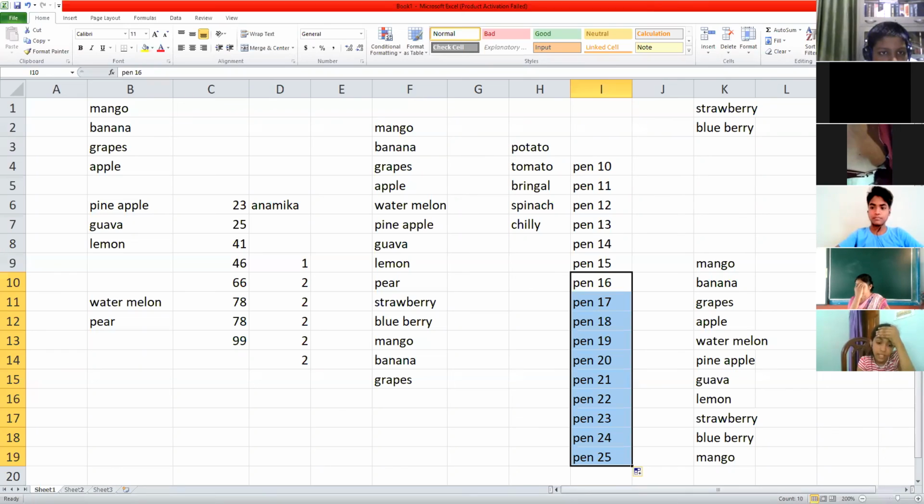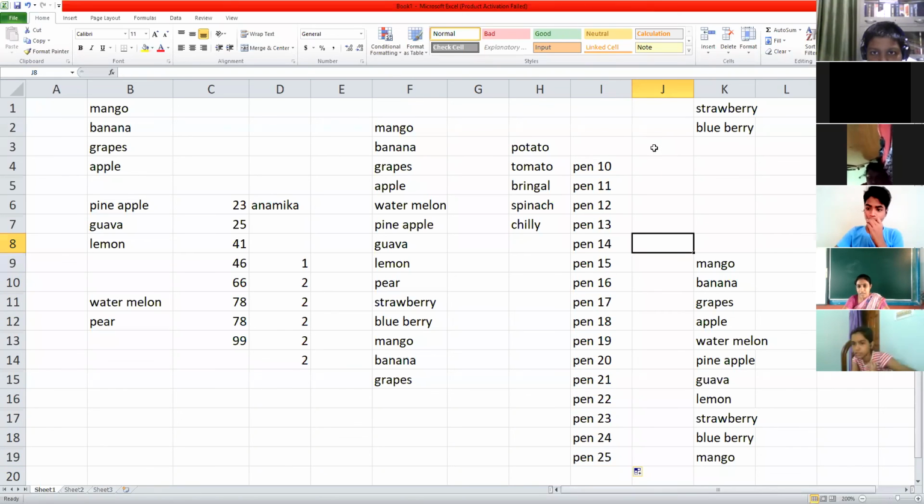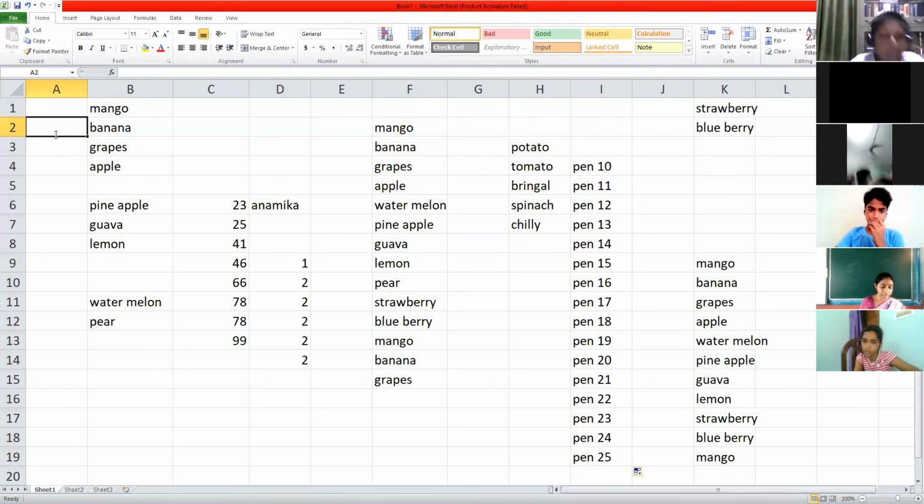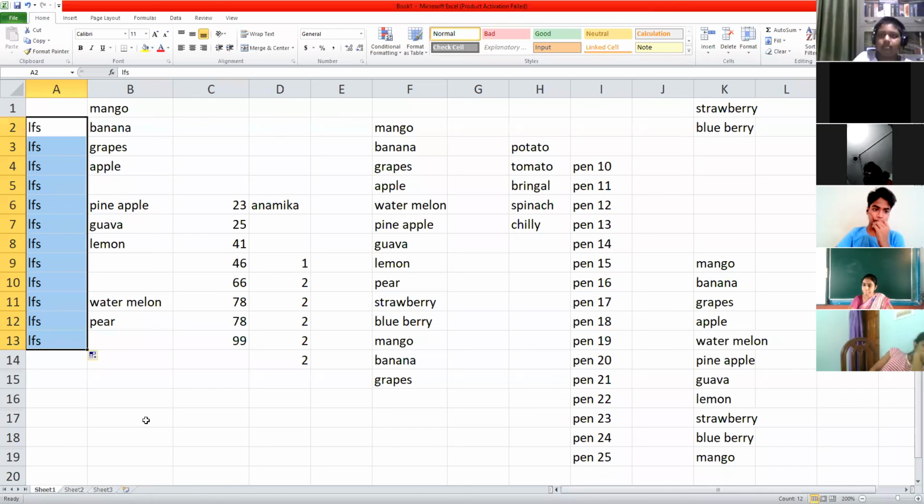Yes, Divyansh? Ma'am, if we have to write one word in all the cells, how will we write? Just suppose here I want LFS to be written. I have written LFS in one cell. I will select it, then go to this particular box where my mouse pointer changes to a black plus sign, and I will drag. Understood?